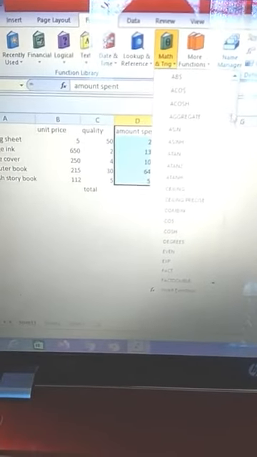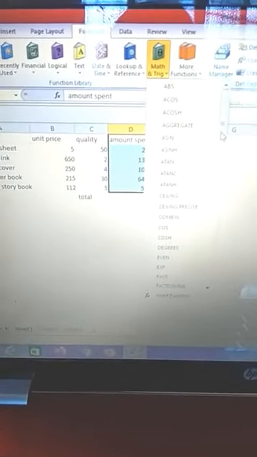We will select it, and then you can see here is the option of Maths and Trig. In this category there are too many operations, so we have to select the sum.